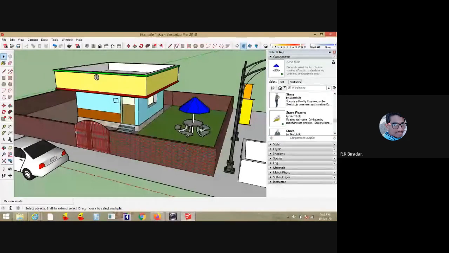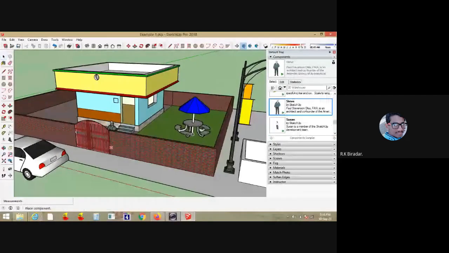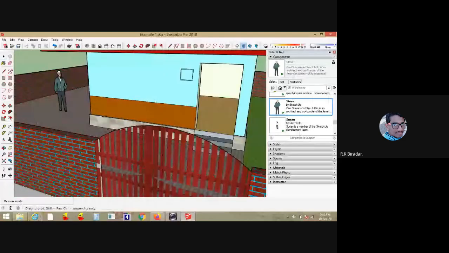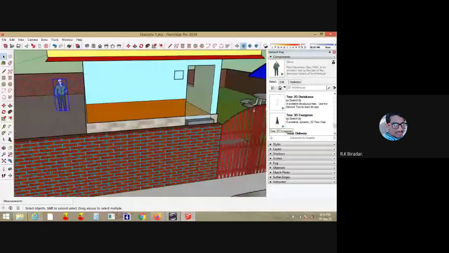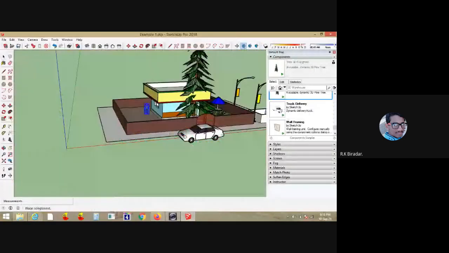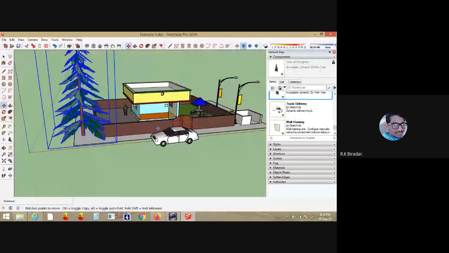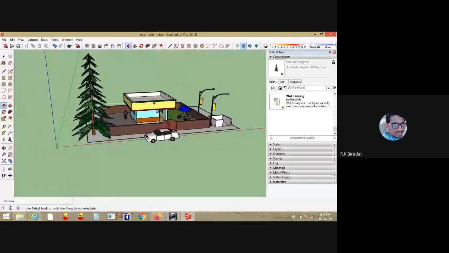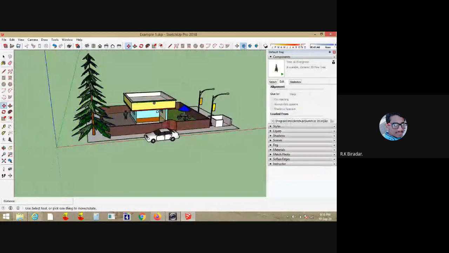Then people are there. You can make people to stand in anywhere you wish to. Trees are there. You can put trees.